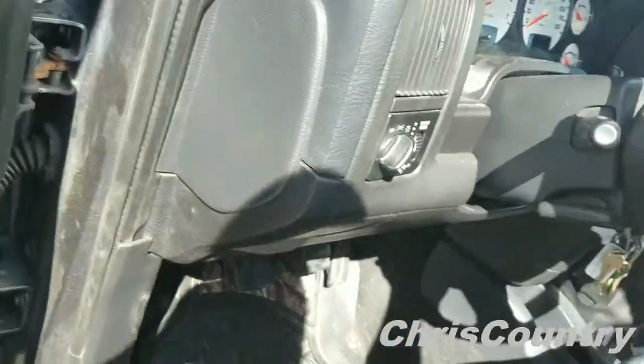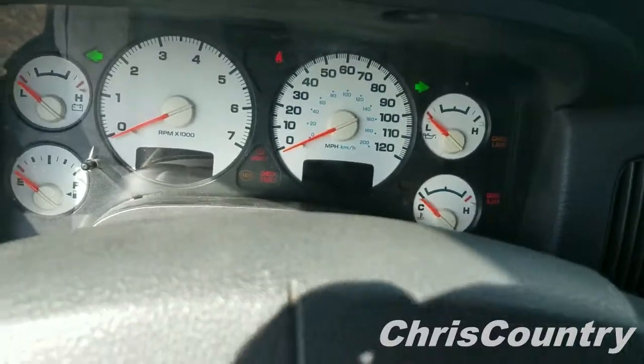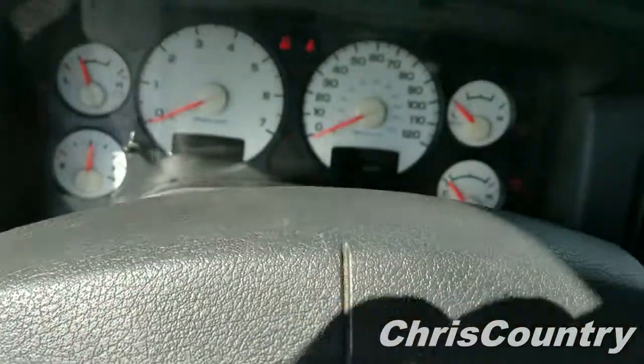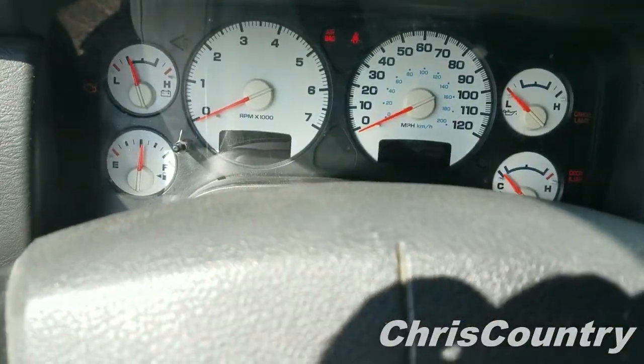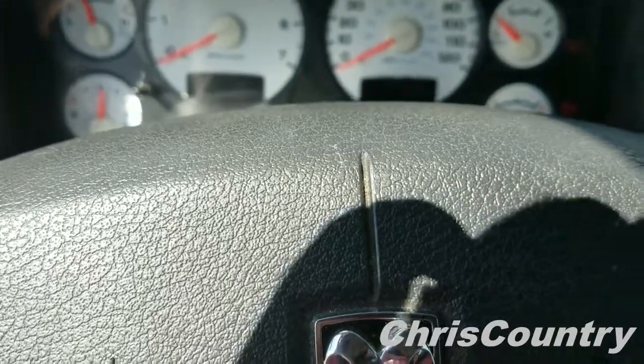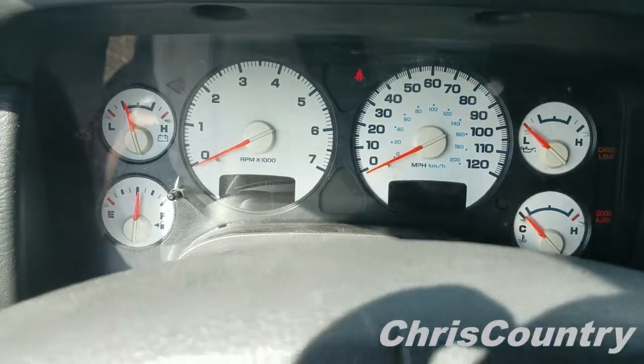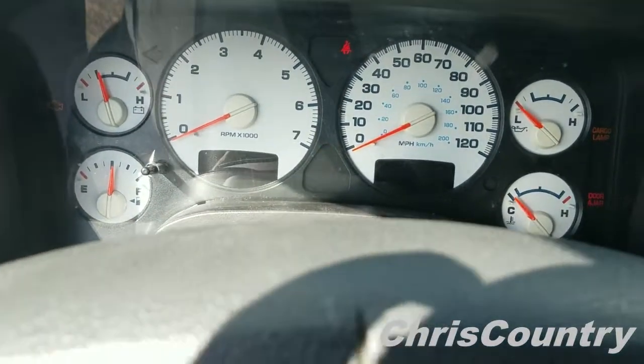So now it's time to go ahead and start up the truck. So go ahead and turn it on. The things you're listening for in the startup: how long does the engine take to crank over? Does it start right away, or does it take a long time to start? If you hear what I call a dead spot, like a